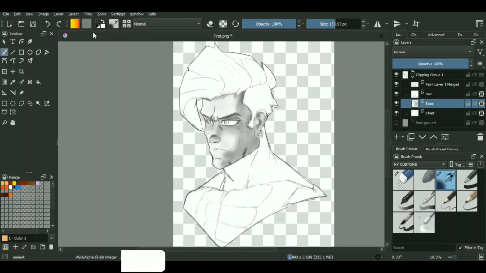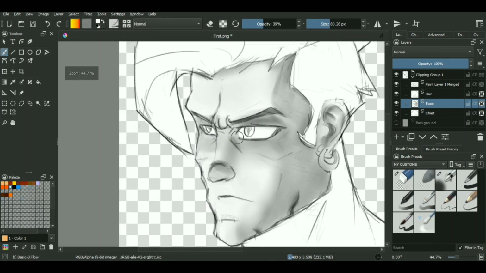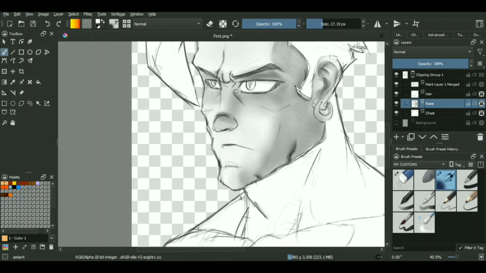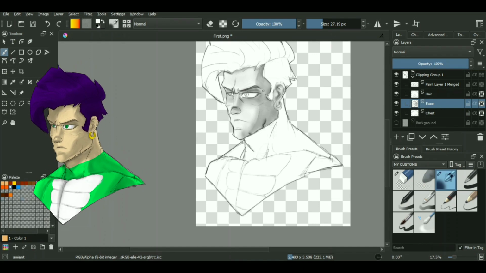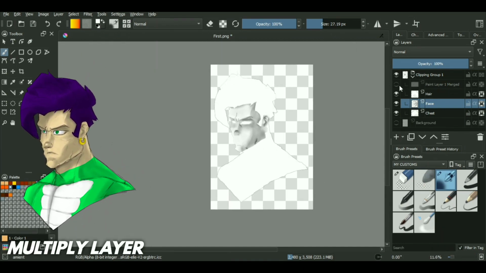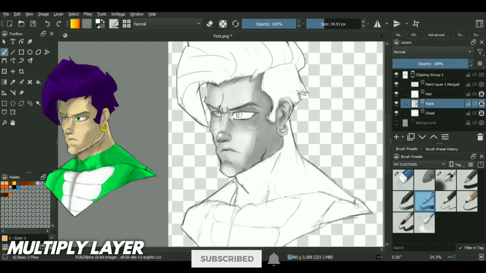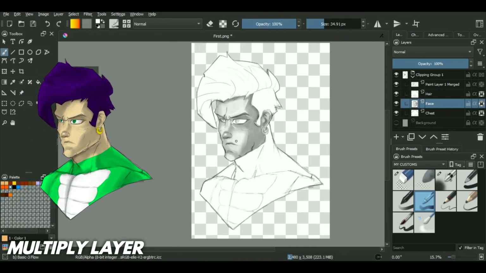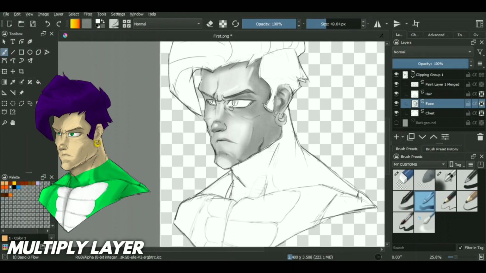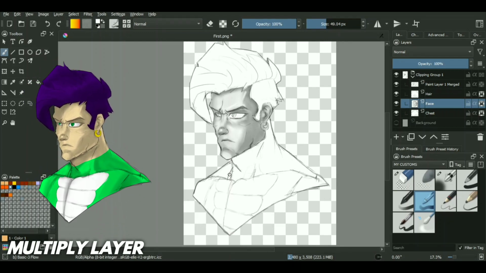Now when you're done with the shading process, you can start coloring the portrait or your line art, whatever it is. But again, there are two ways of doing this. One of them will give you horrible results, and I don't know why most of the artists I have seen on the internet are using this. That is just using a multiply layer on top of the grayscale. It's the worst method, don't use it, it will give you horrible results.